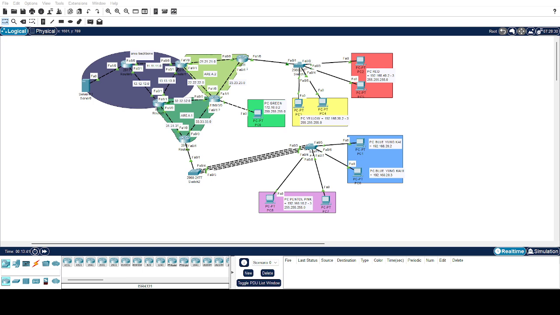We have 3 OSPF areas, and the first is area 0 or area backbone, includes router 0, router 1, and router 2. And area 1 includes router 2, router 3, and router 4. And area 2 includes router 1 and router 5. Using OSPF allows routers to find the best path without manual settings.